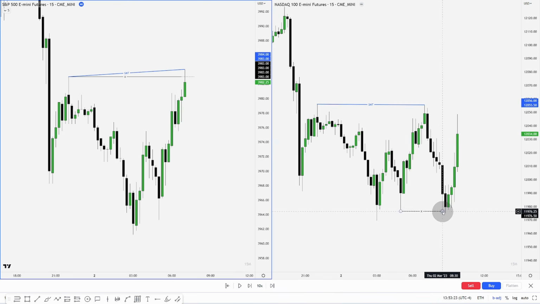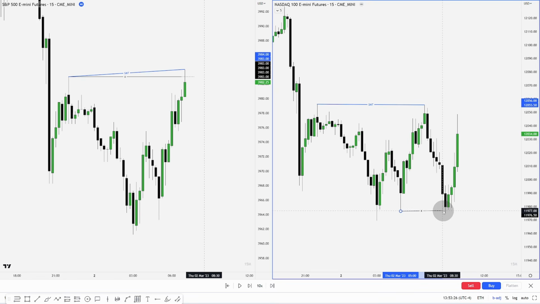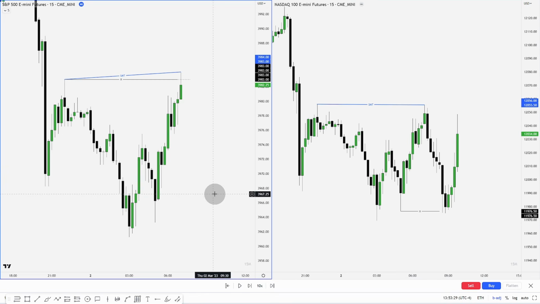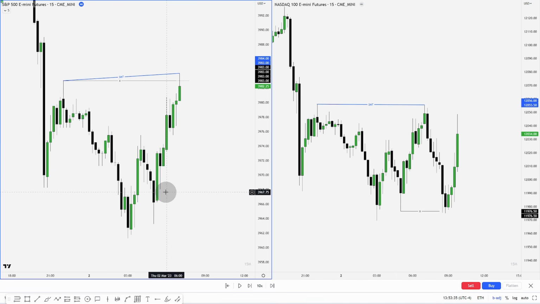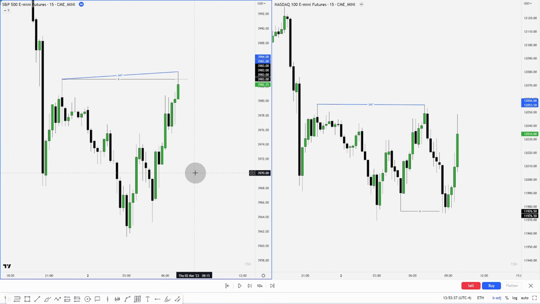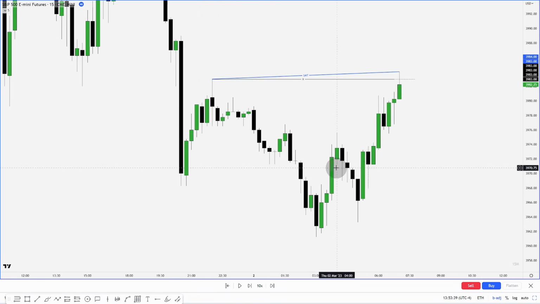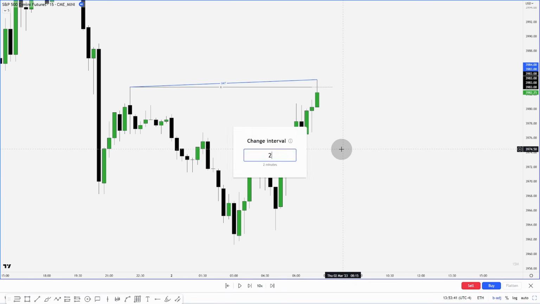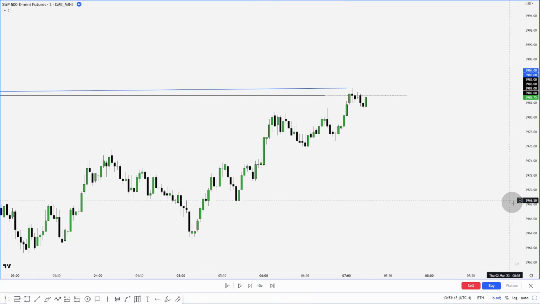So before we get into this example, I just want to show you right here on NASDAQ, and just remember at 8:35, NASDAQ takes these lows or creates that SMT at the lows. We're going through this with the benefit of hindsight, but that will come into effect later on choosing price targets. So hopping into the S&P here and going down to a lower time frame. Here we have a 2-minute chart.